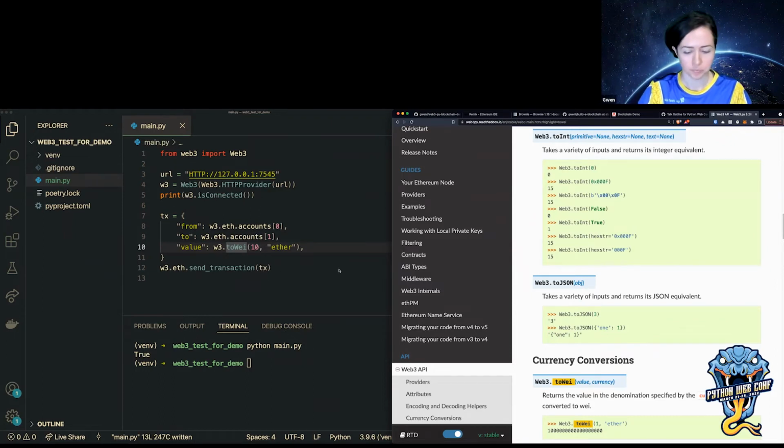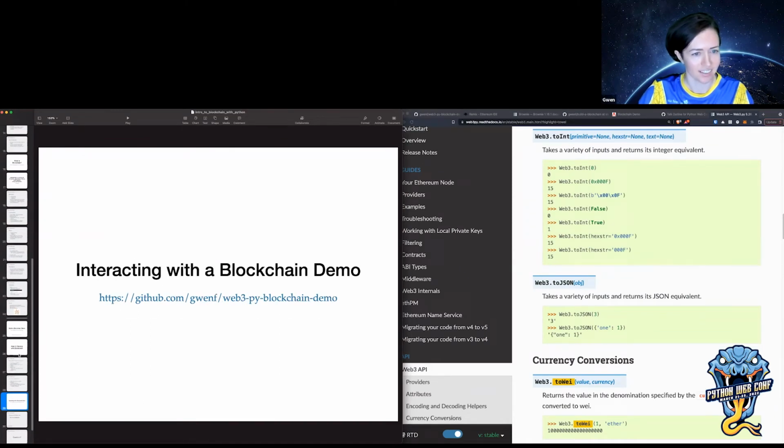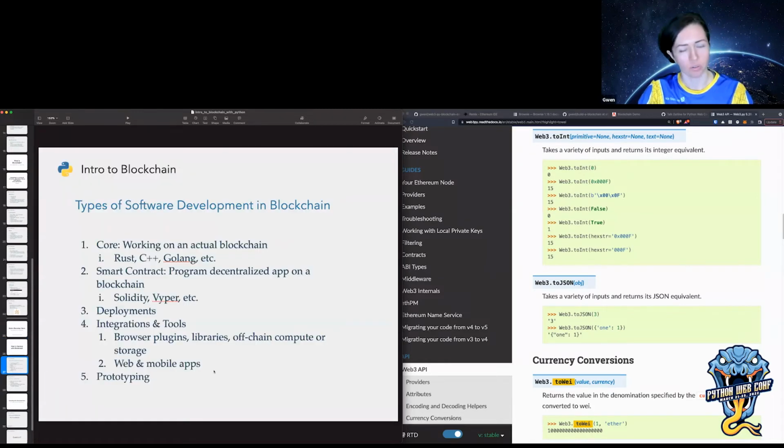So when you're working in blockchain, if a company is having you build a wallet to interact with the blockchain or do something like that, you'll be using a tool like Web3.py and making functions where you'll store someone's account or have them enter or connect their account, and then you'll be able to interact with the blockchain that way.